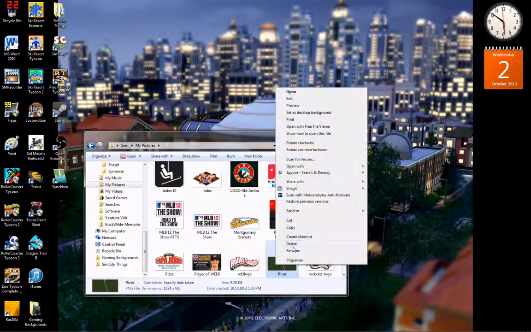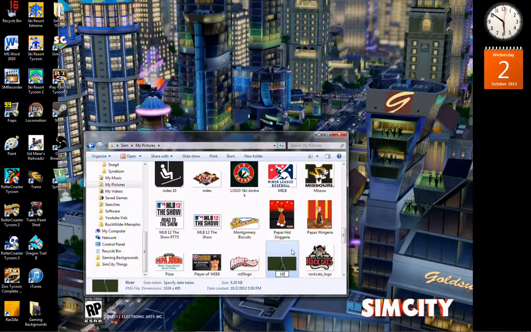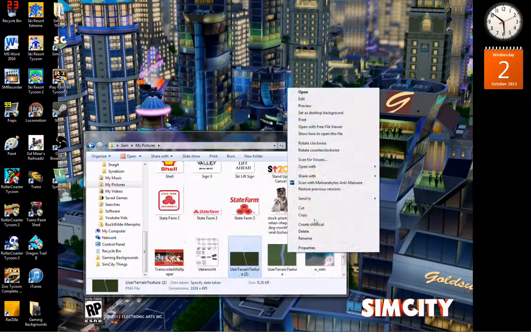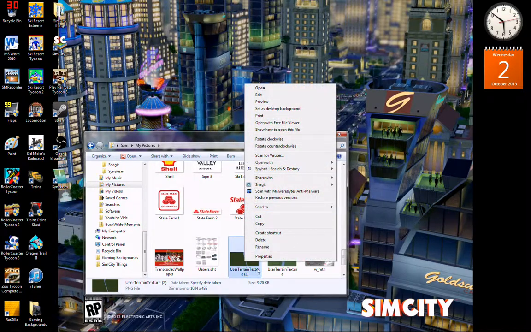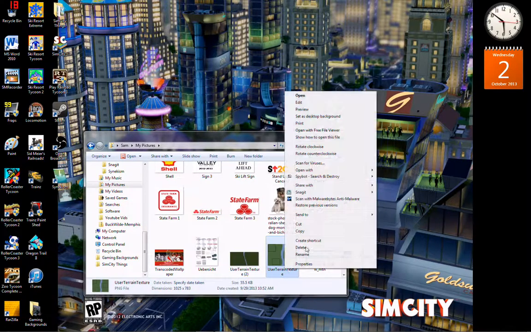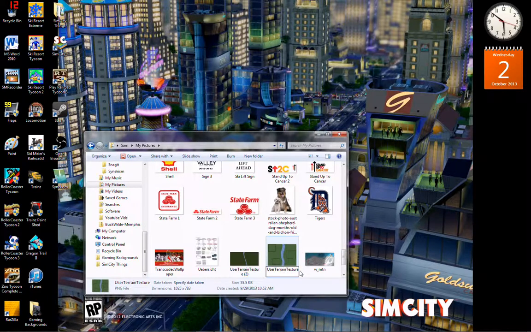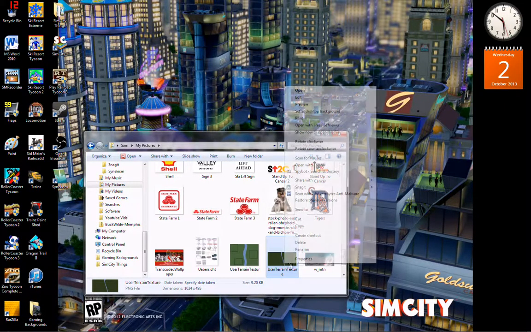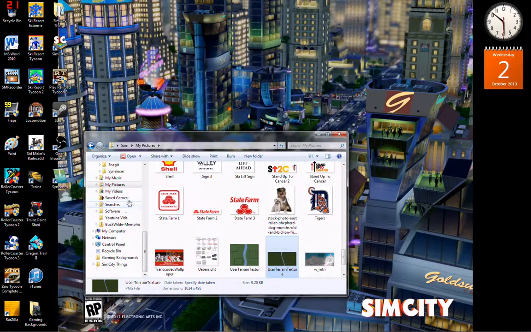Actually, we're going to rename it. You have to rename it User Terrain Texture. I don't know why, but that is what you need to rename it. I don't know why they do that. That's just what they have to do. And I'm going to do this just for the sake of not having a 2 on there. There. We're going to hit Copy, and then we're going to go back into our documents,